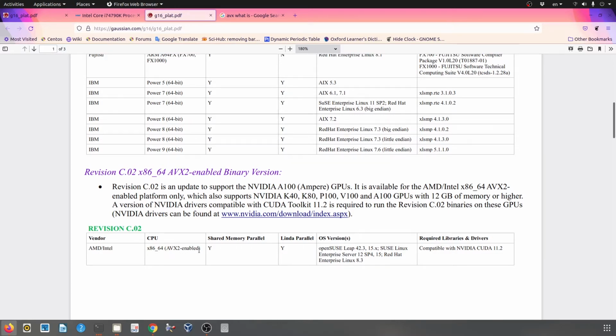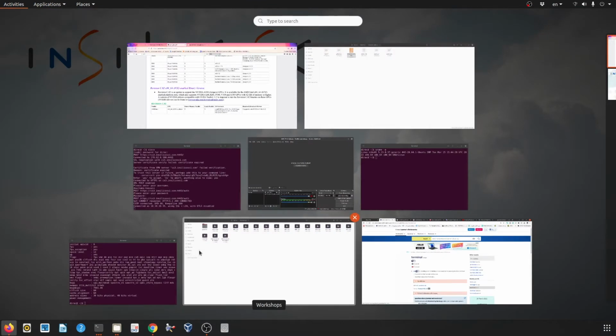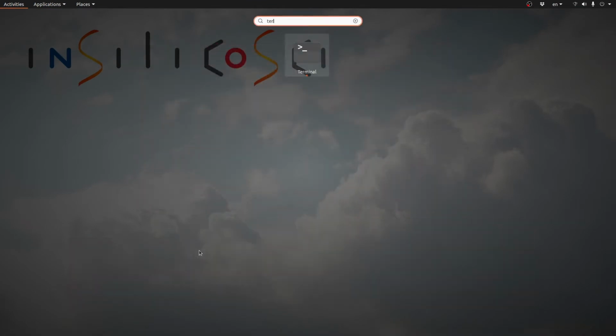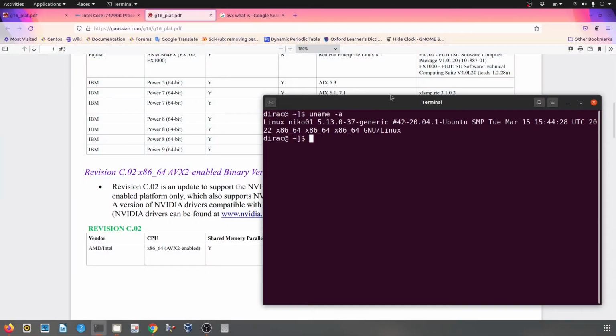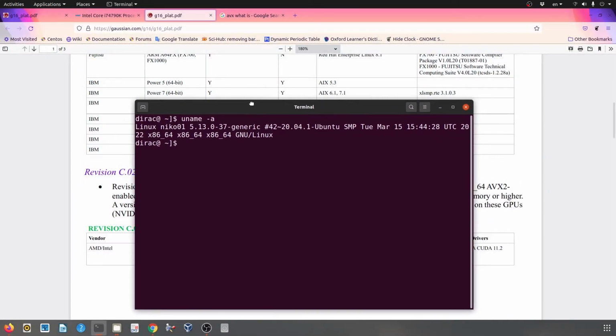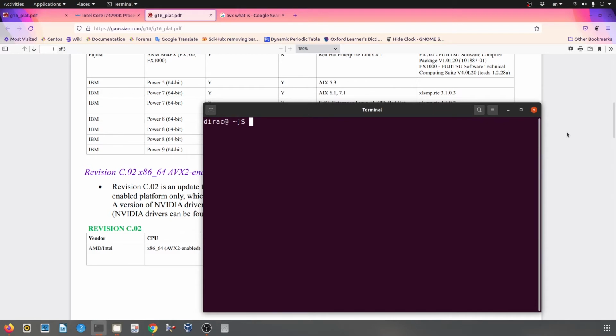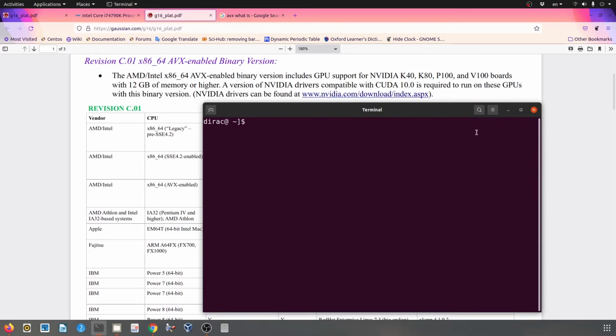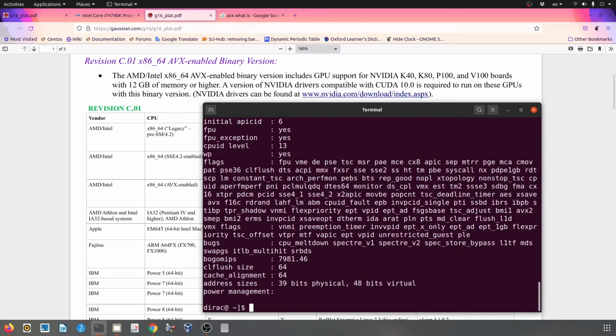So first of all, I check my CPU by opening a new terminal. For finding your CPU features, you must use this command, cat /proc/cpuinfo.